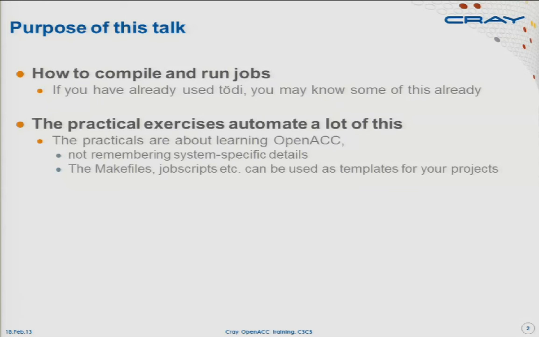The practical exercise, I mean, we don't have much time today, and my view is that you've come here to learn OpenACC, you haven't come here to learn how to use the SLURM workload management system to queue your jobs, or exactly what the compiler flag is for this or that. So the exercises that I've done have automated a lot of that process. It's not hidden, it's there. You can do it yourself if you want. But to make the most use of the time we have, there are make files